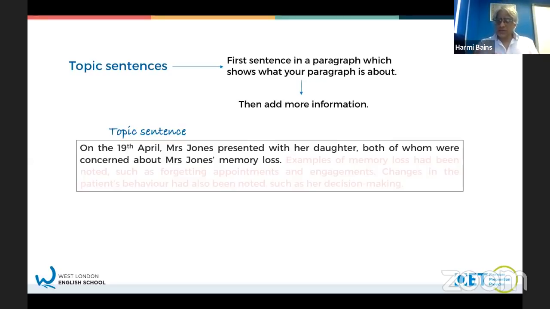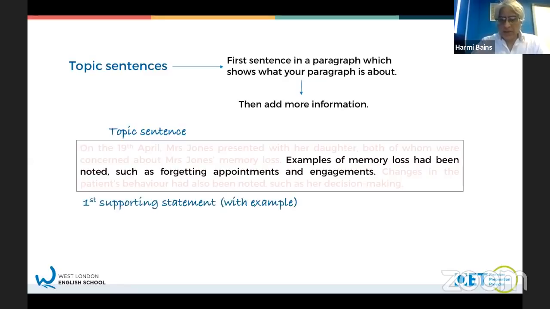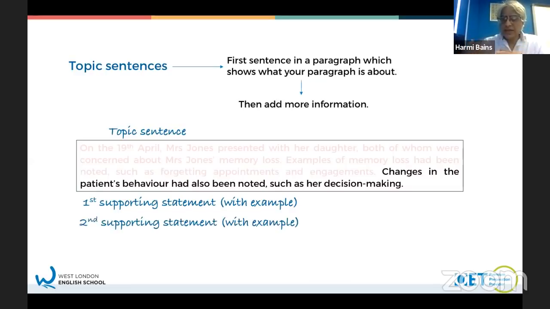Okay, so you can see here we started off with a topic sentence, talking about really the patient's memory loss. That's telling the reader, this is what I'm going to talk about. I'm going to talk about the patient's memory loss. This is really the topic. We then gave an example with the next sentence. The patient was forgetting appointments and engagements. And then with the next sentence, there was another example with her decision making. And that was it. That was kind of one